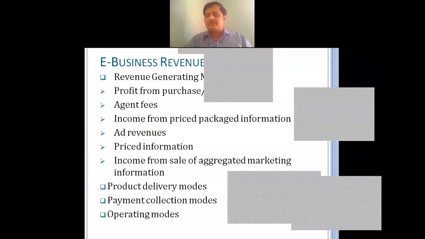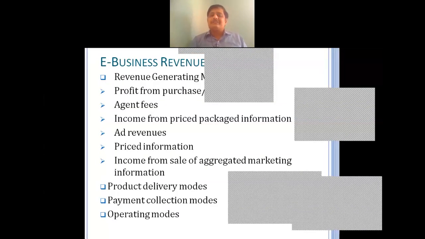Now we are discussing e-business revenue models. Basically, revenue generation models in the e-business profile are so simple to understand. Maybe if you look at the number of intermediaries available in the market, where you need to pay a huge amount of money to more than 3 to 5 intermediaries to reach one product to the consumers, correct? But here, yes,